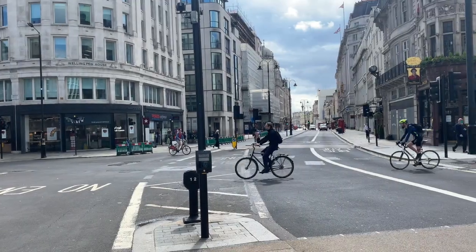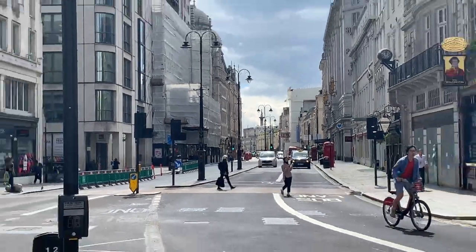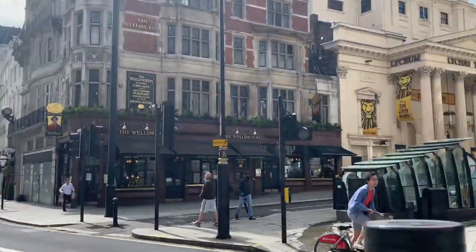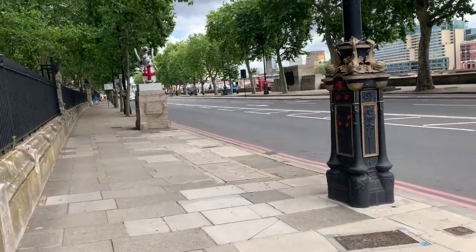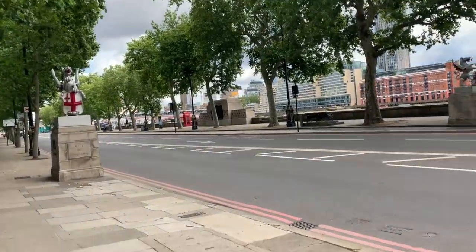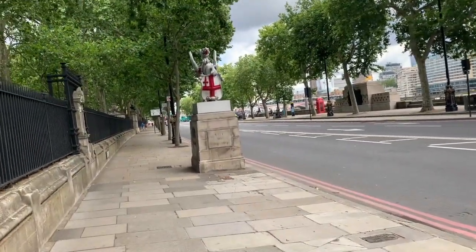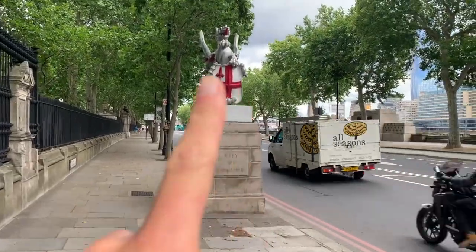So this is the Strand. You can see all the way down there. That's Trafalgar Square. This is actually, oh, Lion King. Continuing on with London with Luce, we are now on the South Bank. That's a lie. What bank are we on? North. We're on the North Bank. And this is the Embankment. And dear mother has let us know that these